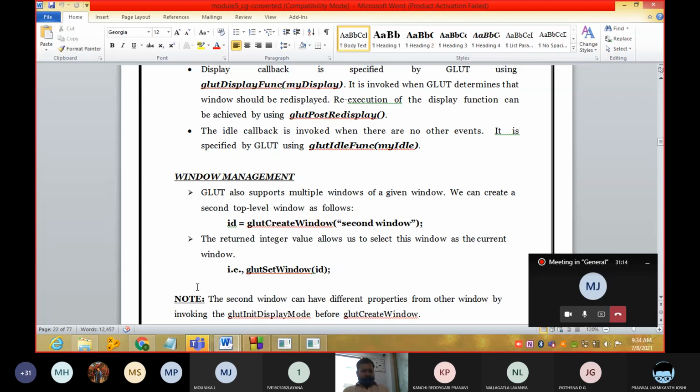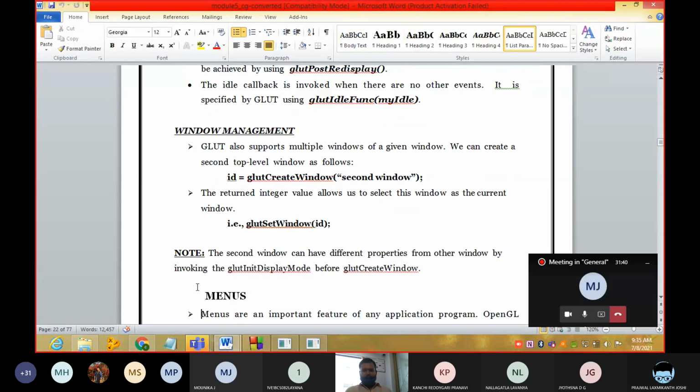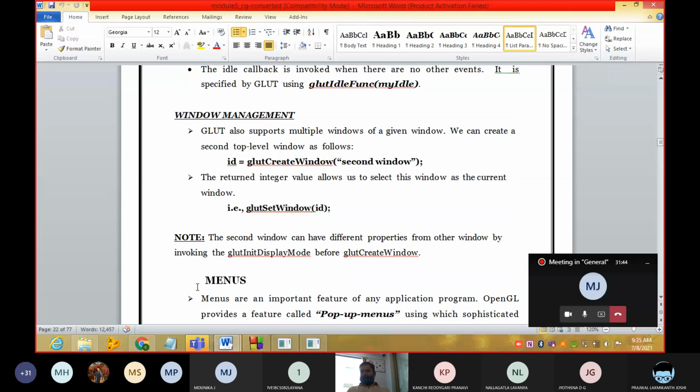So next, what we can do is create a number of windows, guys. We can create our own windows and use them to display the output. Next, we can even create pop-up menus.